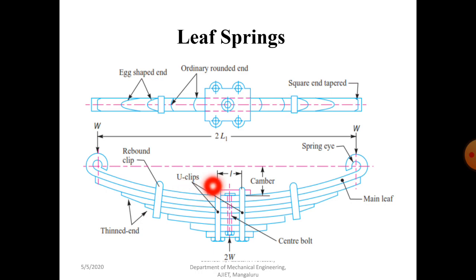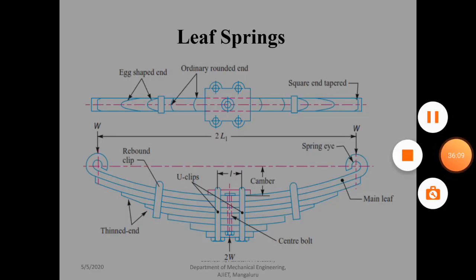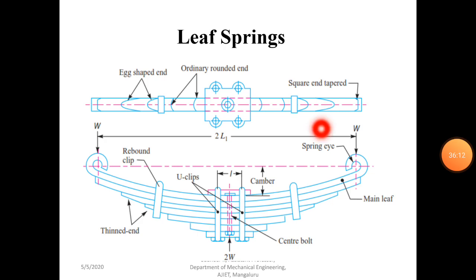So that is about full length leaf and graduated leaf. The extra full length leaves are provided to support the transverse shear force. In the analysis of leaf spring, the leaves are divided into two groups. Mainly, one we call the master leaf, along with the graduated length leaves, forming one group, and another one is extra full length leaves.